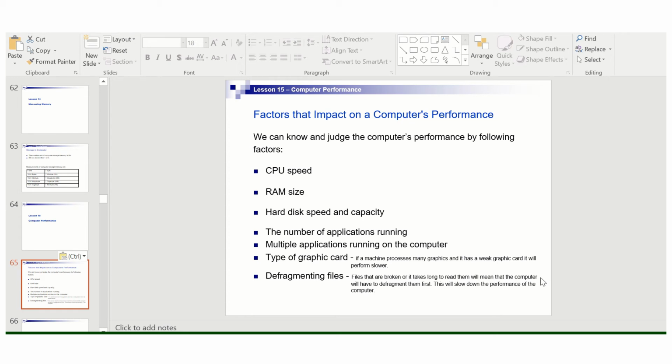Defragmenting files: if you have a lot of files that are really broken, your computer tries to read them so it becomes slower. So it's very important that you are aware of these things even as you build your supercomputer. Maybe you want a very fast computer. Be aware of these things and make sure that you're not the one who is keeping your computer from being fast. Okay,